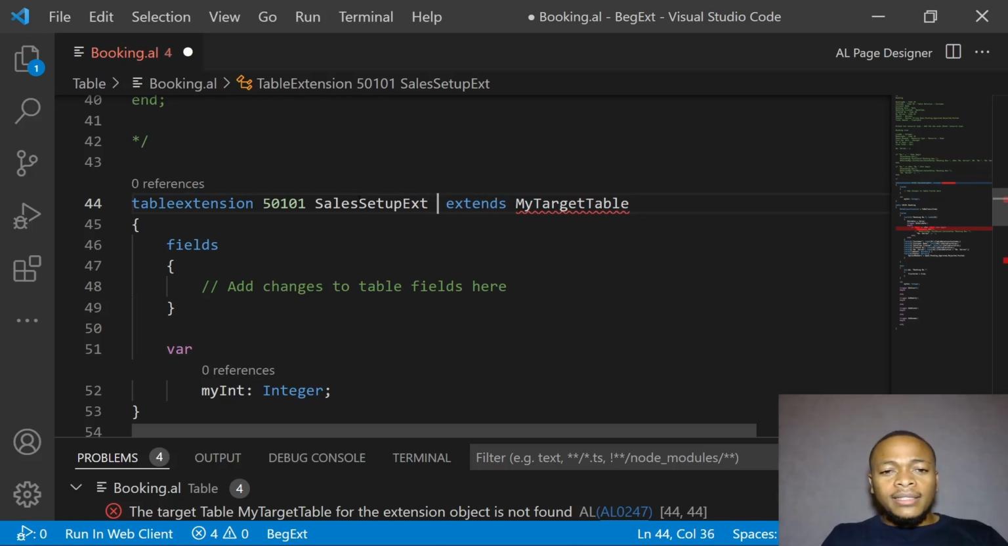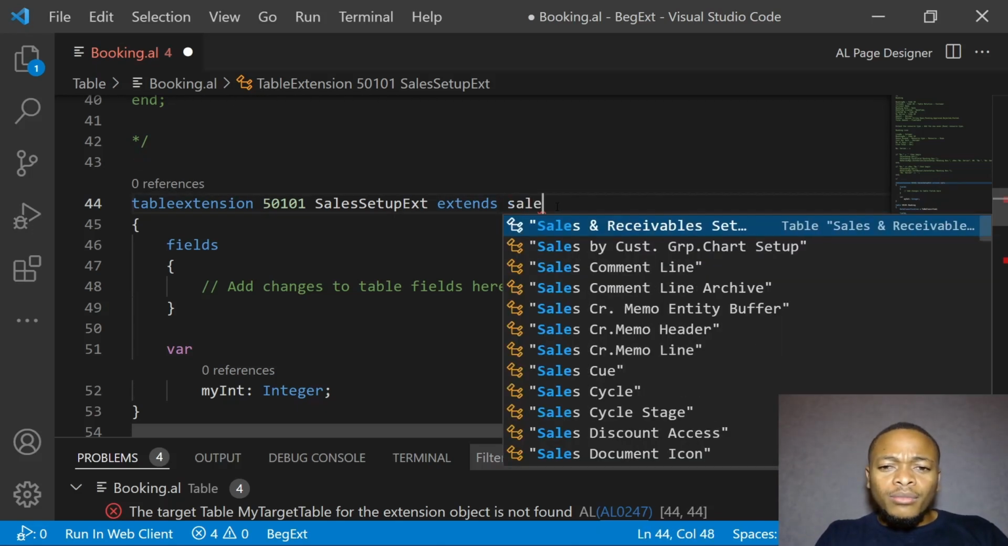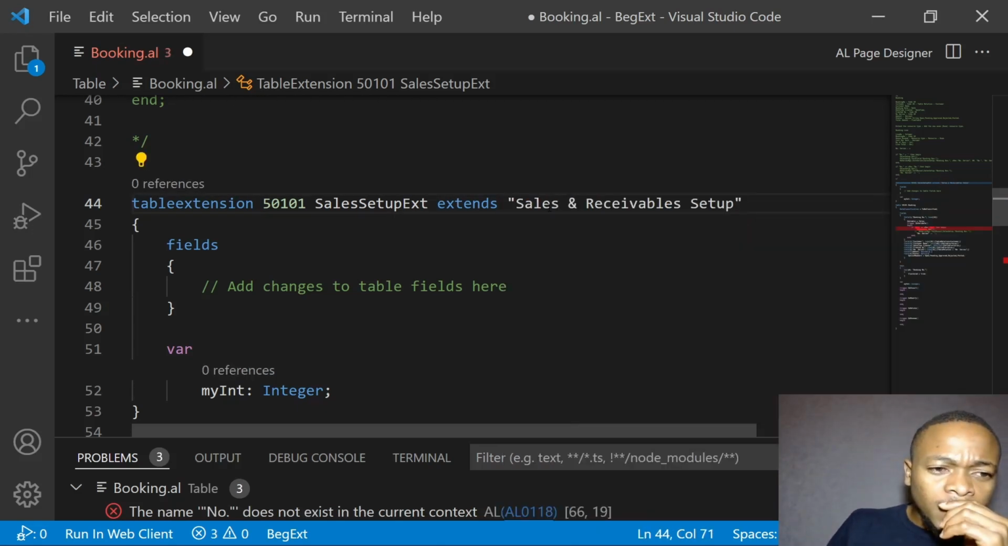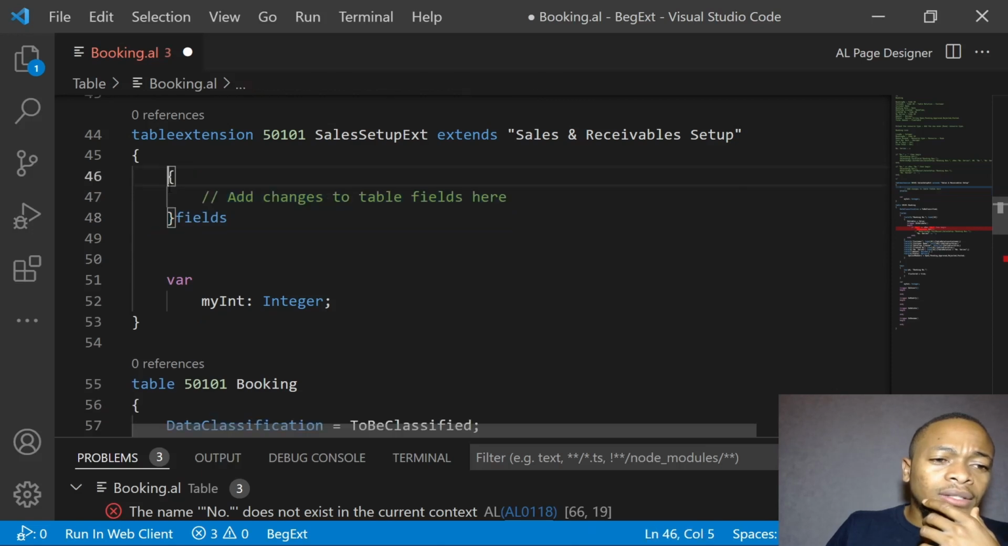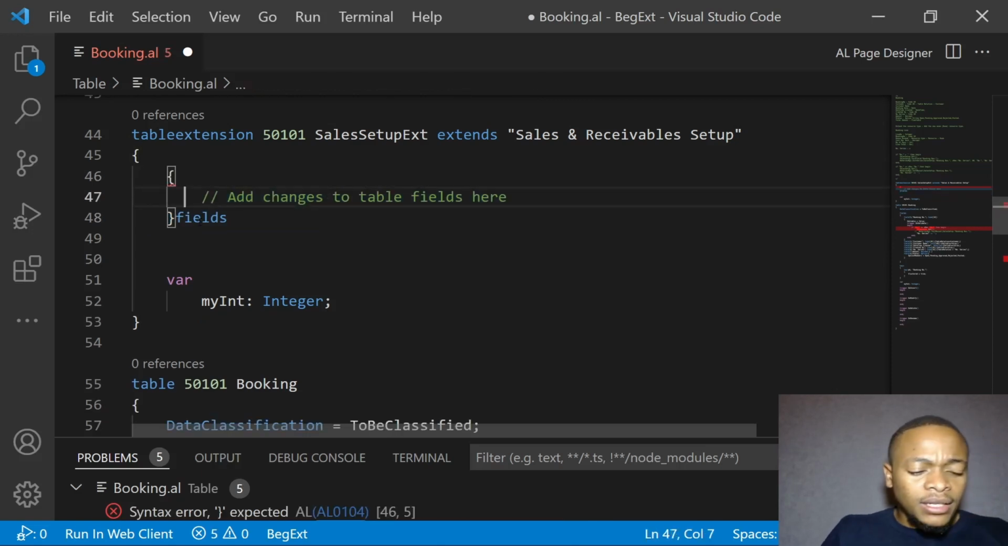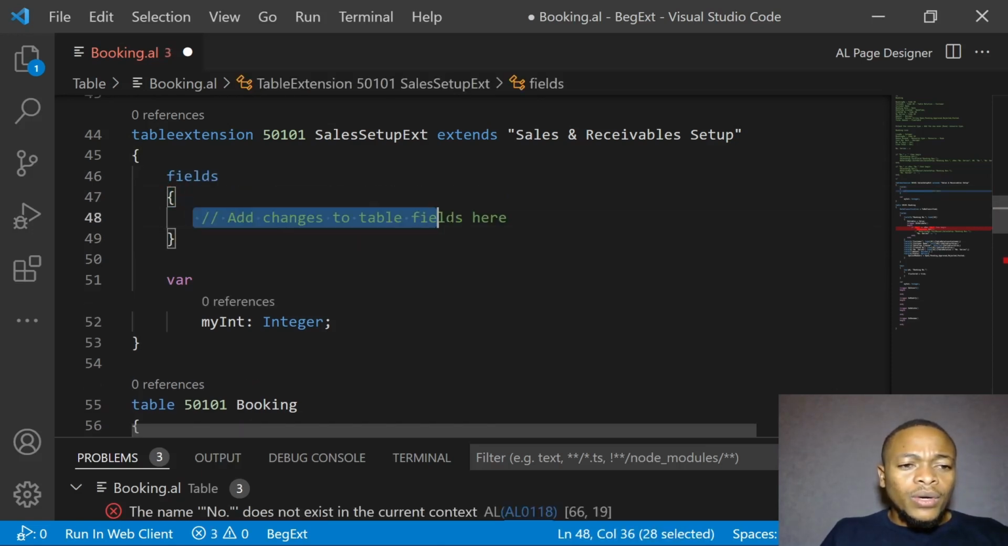It will extend the sales and receivable setup table, and the fields that we want here. We want a new field, so we are not changing the field. Okay, here are the fields. So we want a new field